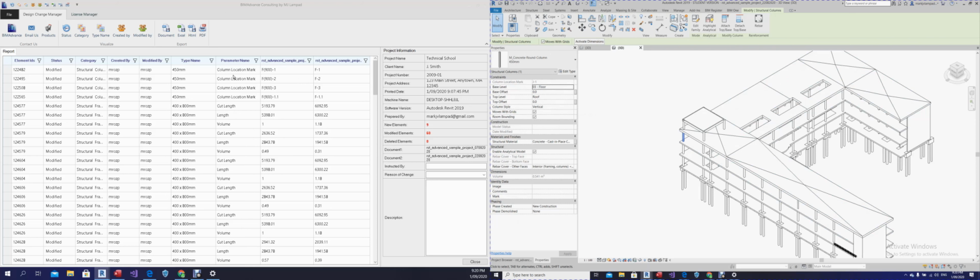So for example, the column location mark. In the latest model, it says F900-1, and in the previous model it says F1. So the column location mark, if I click one column, this is the column location mark. Okay, looking at the report,